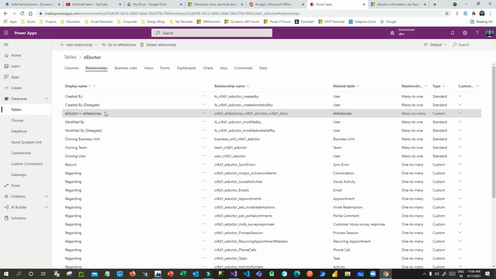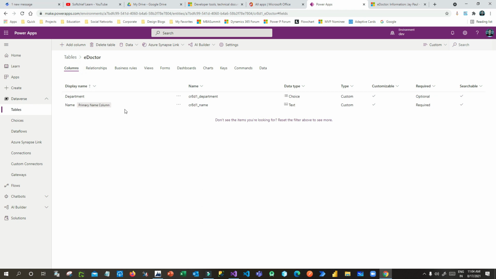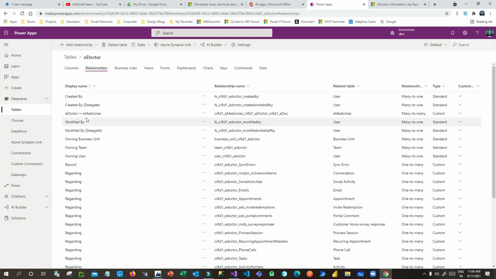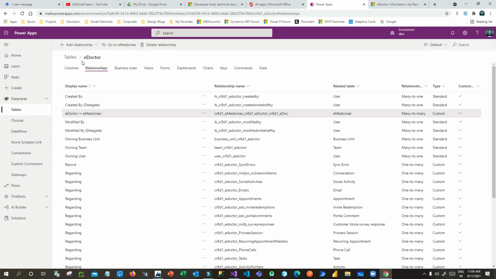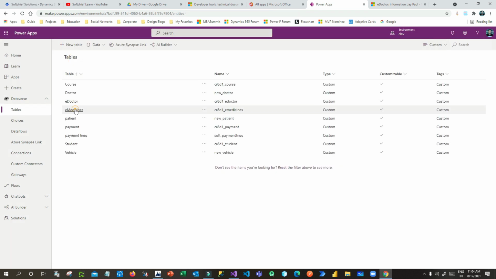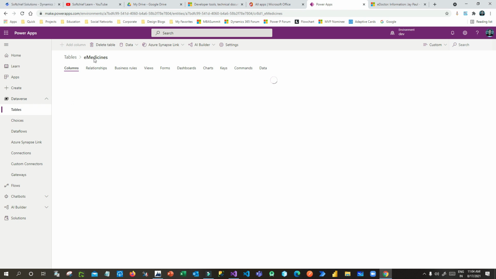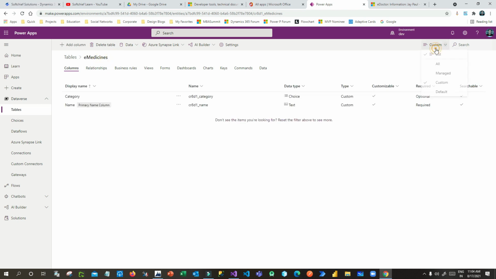Now for an n:n relationship, it doesn't create a column, you know that. For 1:n it creates a lookup control, but for n:n it doesn't create any lookup control, so only the relationship is available. If you want to check the relationship name, you can click on this relationship and you will get the name here. Like that I have created another table called e-medicines, and here I have also created